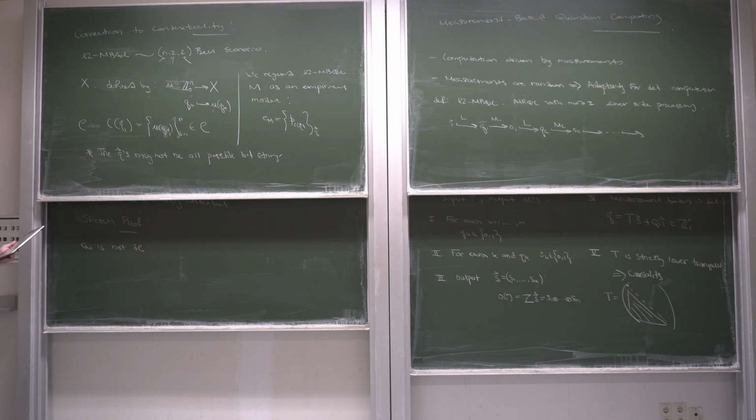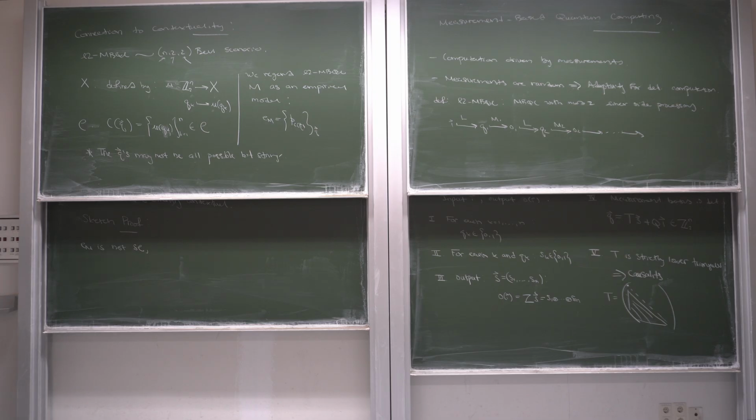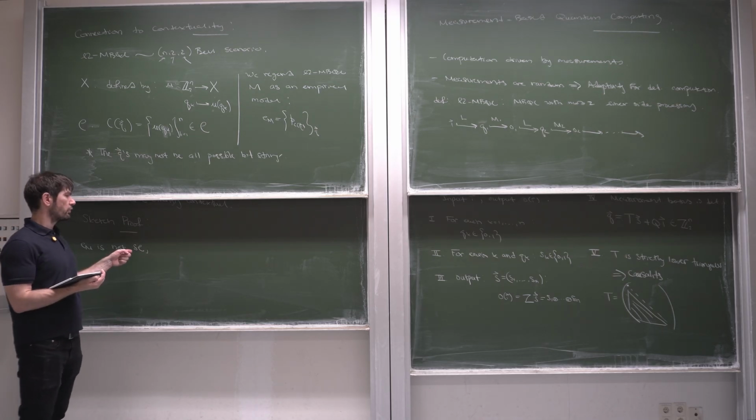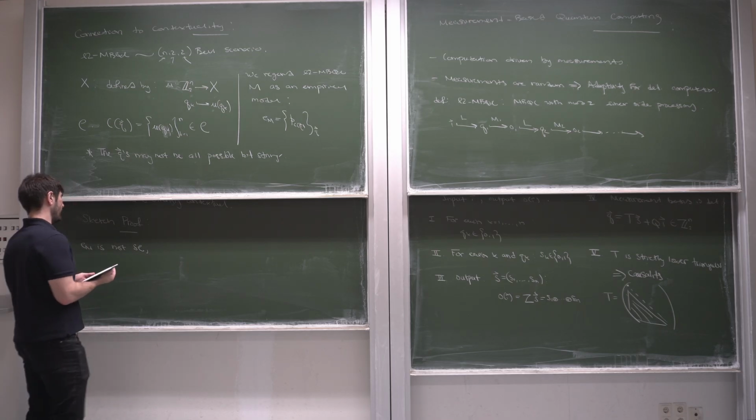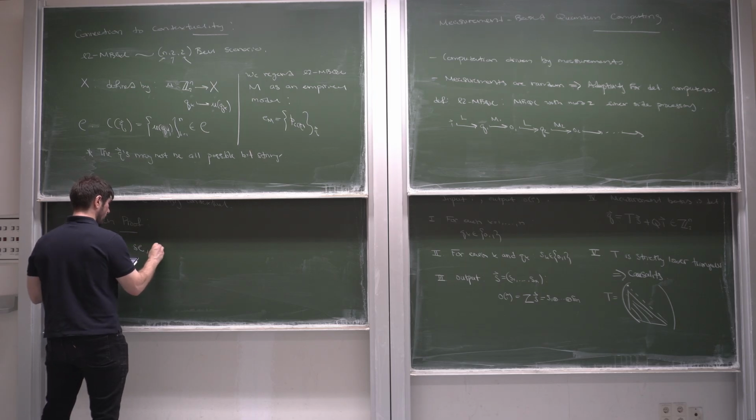If you remember the definition of strongly contextual, it means that there is no global outcome assignment in the support of this empirical model. So if it's not strongly contextual, then that means that